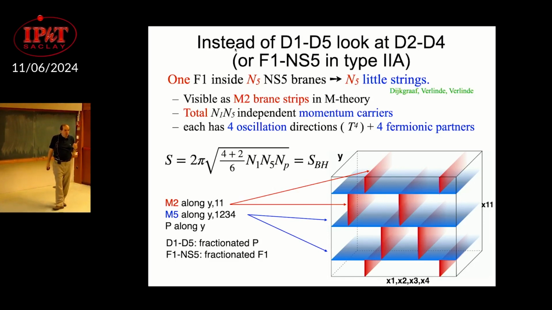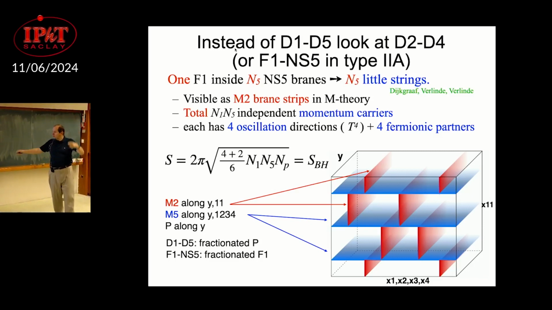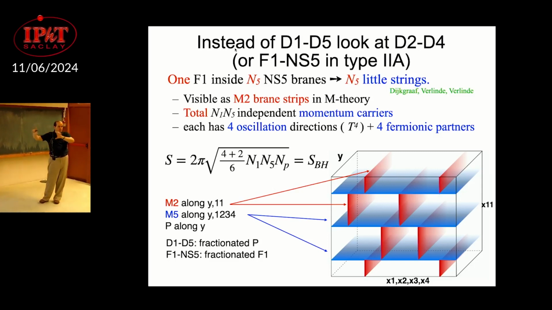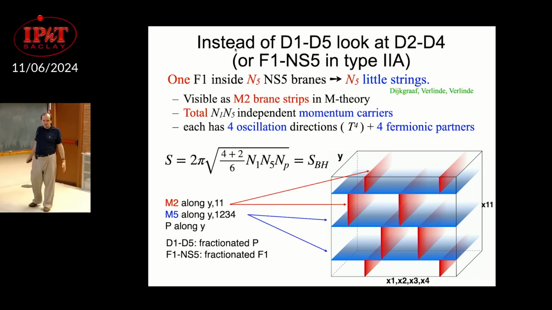When you uplift to M theory, these little strings actually become strips. So an F1 becomes an M2 wrapping the M theory direction. So this is the M2 here, here, here. But you see the M2s don't have to stay at the same point. Between two M5s, which are again the blue guys, the M2s can actually behave independently. And moreover, the M2s can actually have their own momentum waves. Ishan gave a talk last year about this at the conference here.